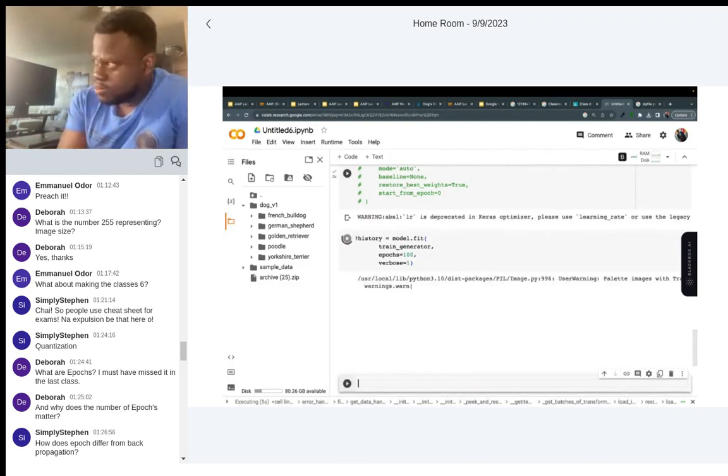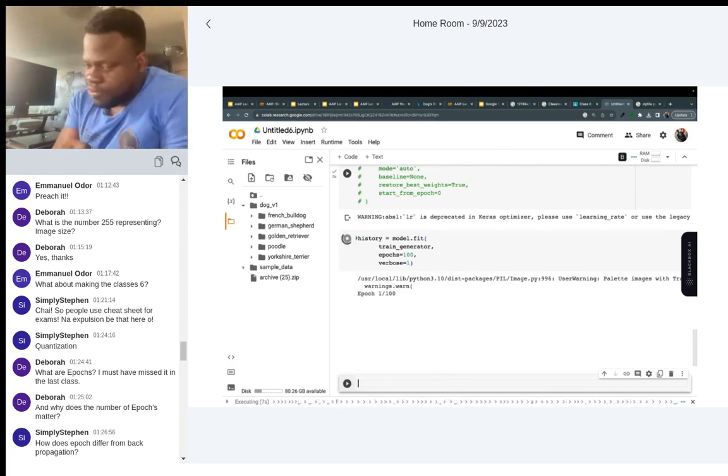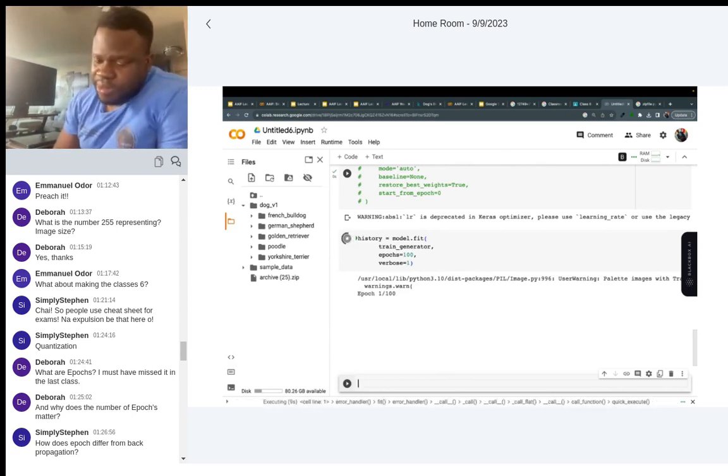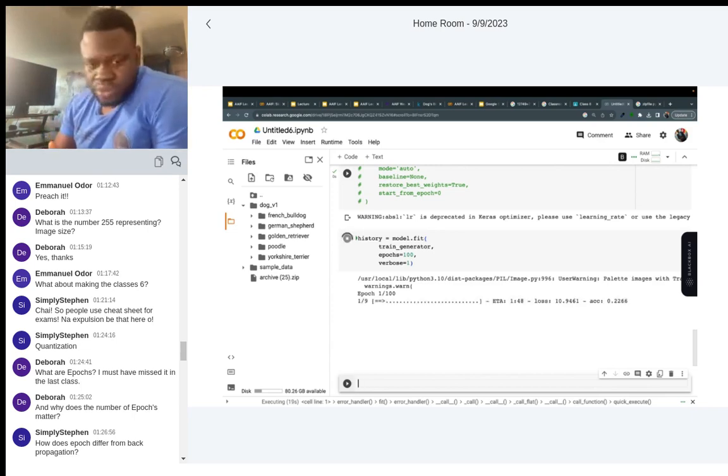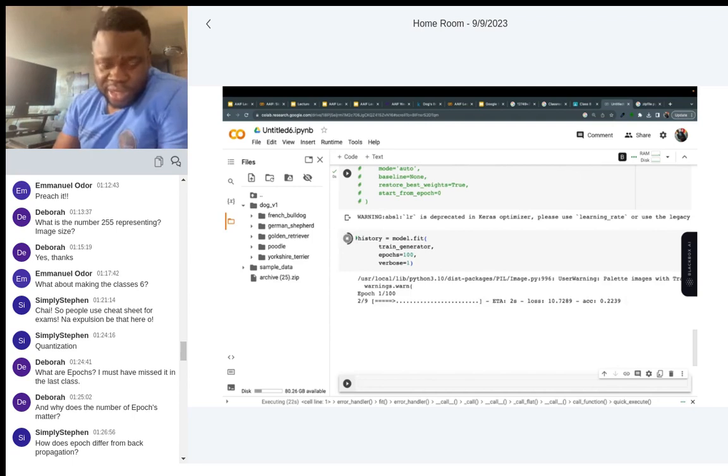Now it will not run 8 times; it should run 15 because there are 1500 images, but it will be very slow. Oh, it ran for 9.